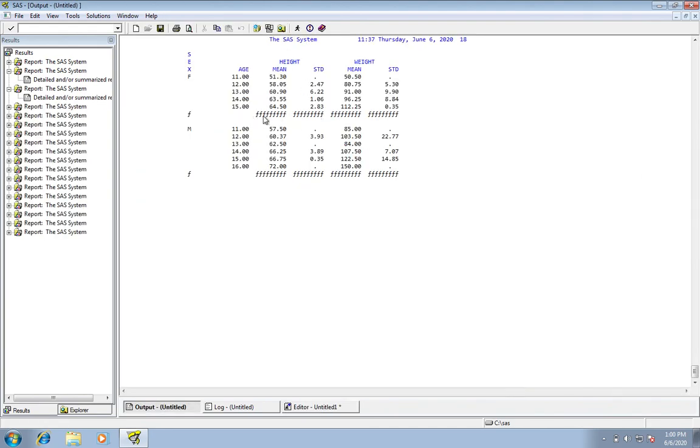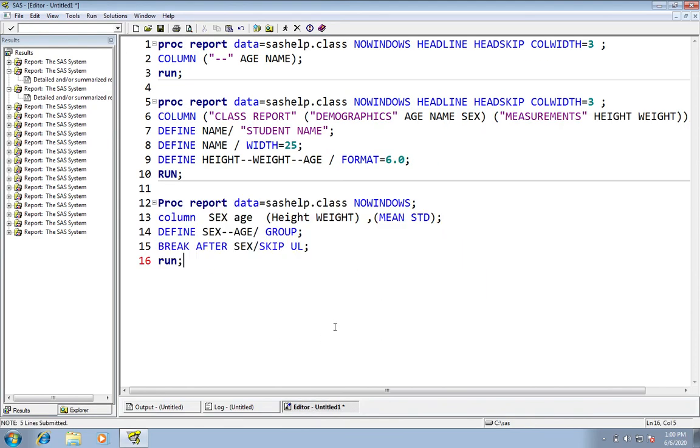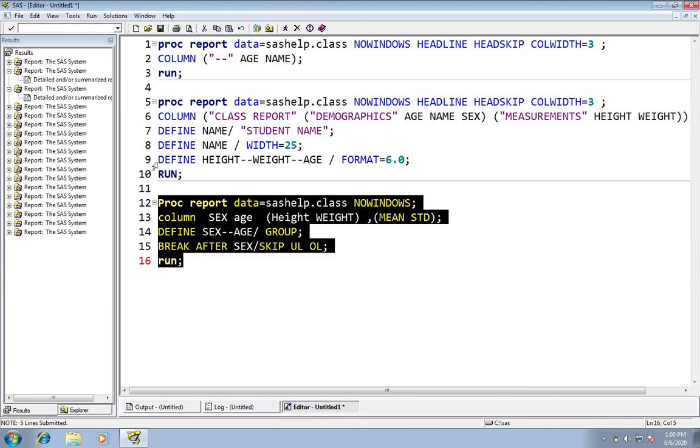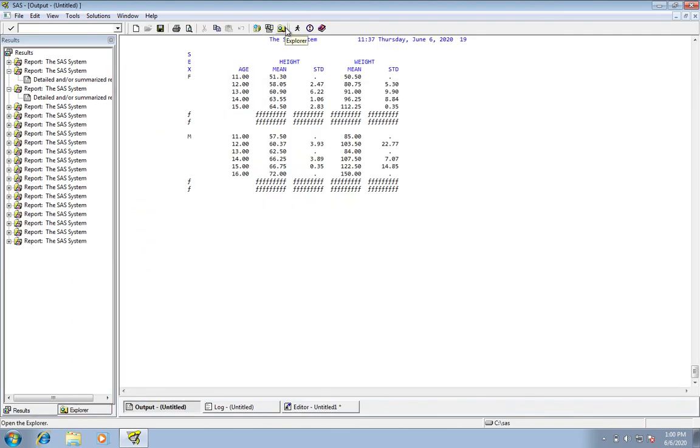See, now it created a line after each gender data values. Now there is another option called overline, OL. What happens if I give this option? Execute the program. It created another line. If you want to print something in between these lines, you can give it.